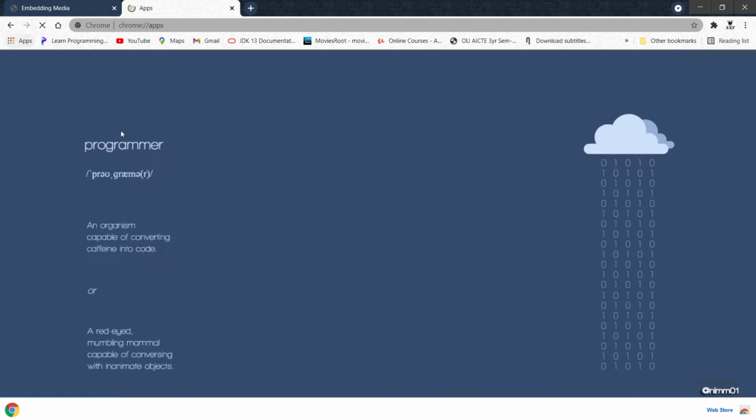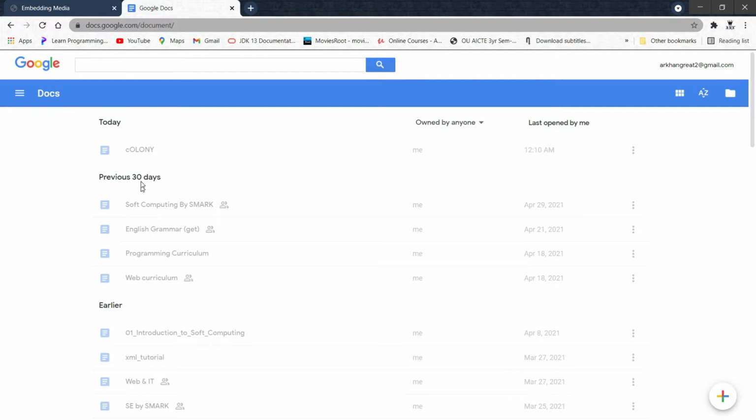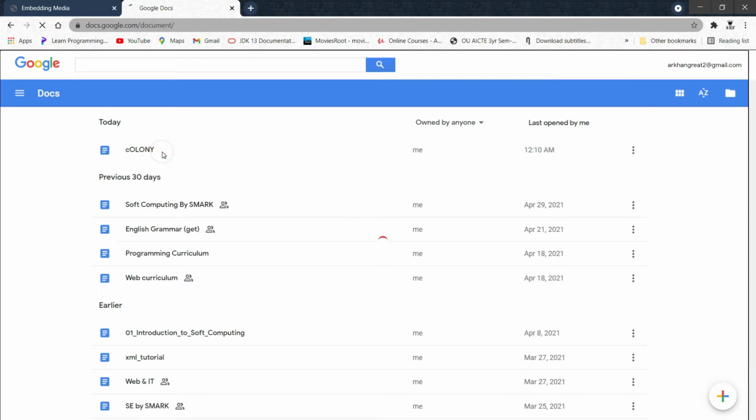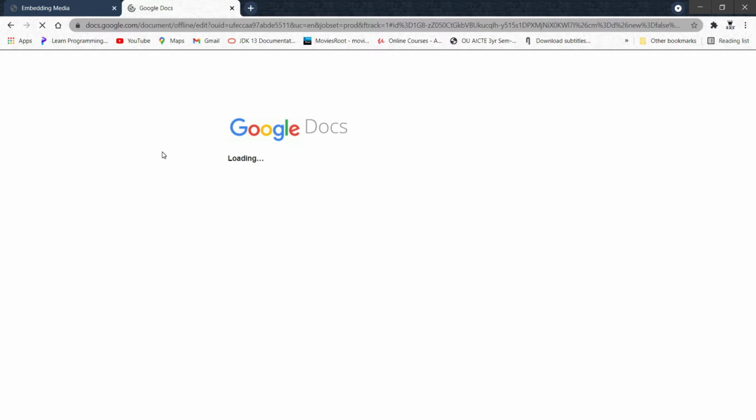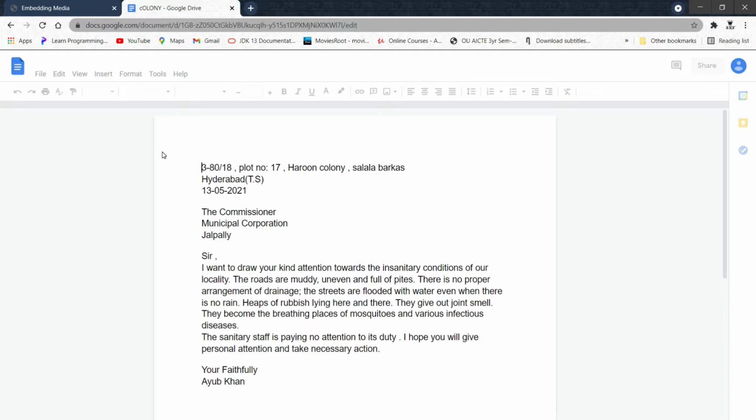Now while exporting a Word document, you will get an option to export it as a web page, be it in MS Word or Google Docs. I use Google Docs personally. I don't have an MS Word subscription. So I'll show you how to do it in Google Docs. We'll go to File.